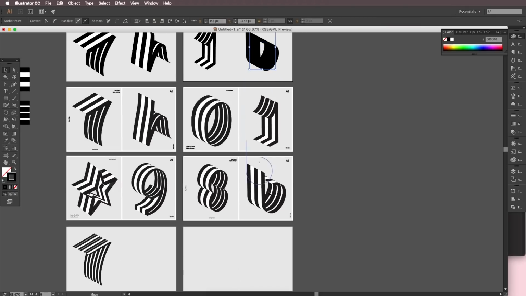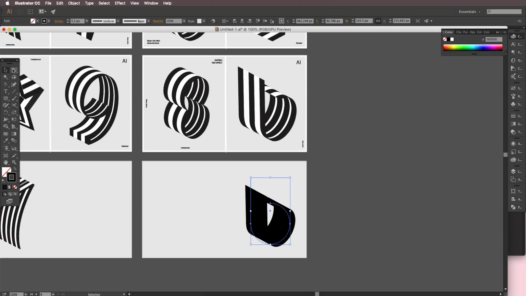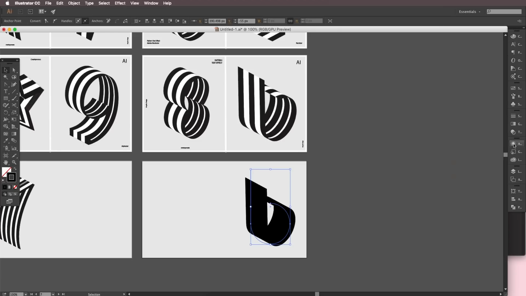I'll just bring this design somewhere around here just to see what's happening over there. And now we can just tweak it. So click and just make it a little longer. Yep, that's looking great. And now I'll go to Appearance again over here, and if you don't find it over here, go to Window and Appearance like that,